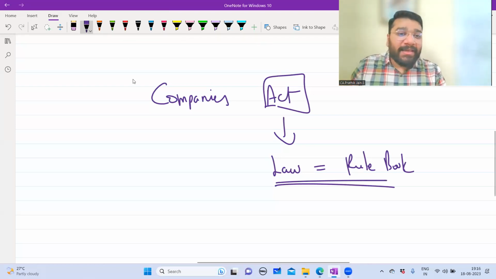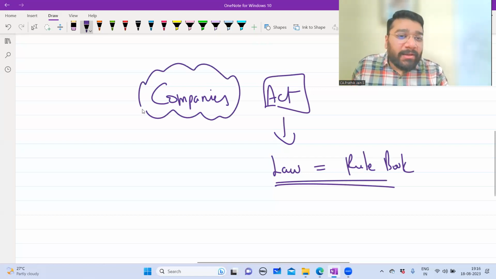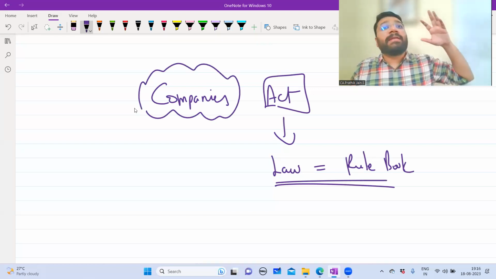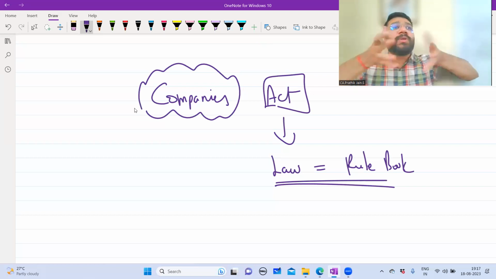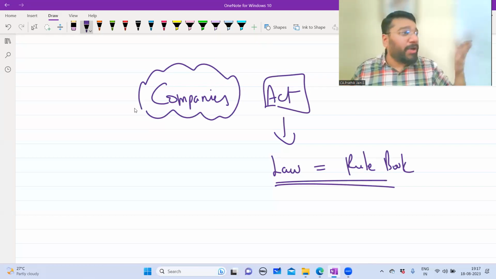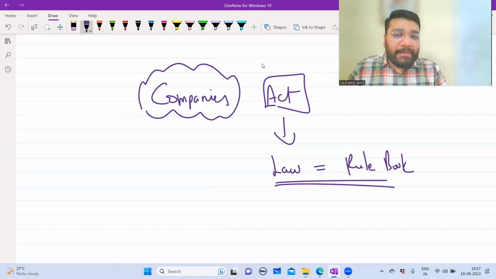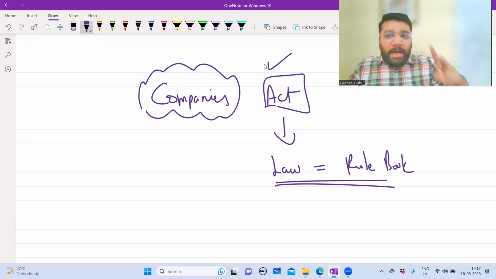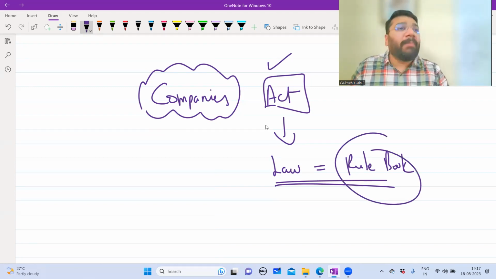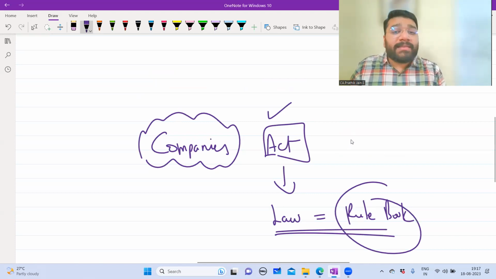Same way, guys, while a company is being formed, until the company is dying, and in between, when the company is doing all the business, there's a lot of confusion and chaos. For all the confusions, the go-to place is the Act. If you have any confusions, any doubts relating to anything, you will go and refer to the rule book called the Companies Act. Sir, when was this Companies Act first formed? This Companies Act was first formed in the year 1956.